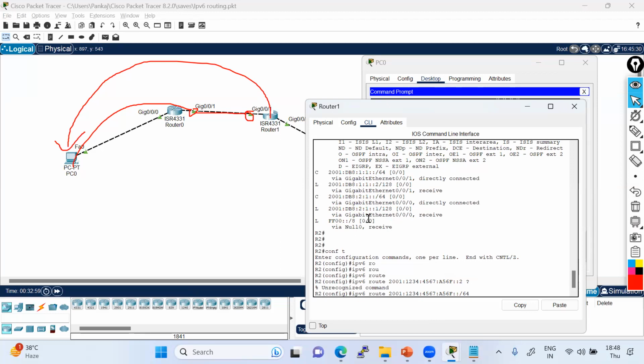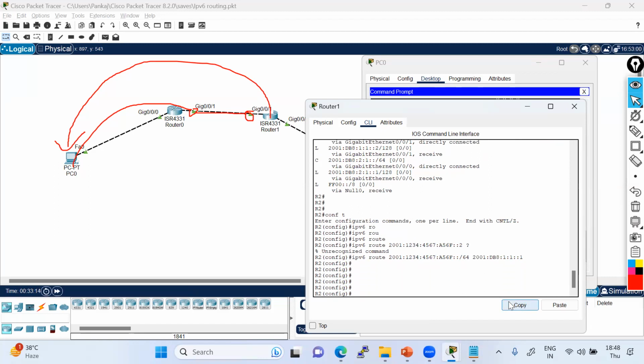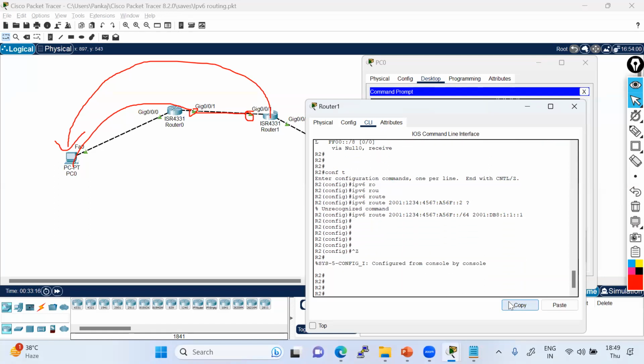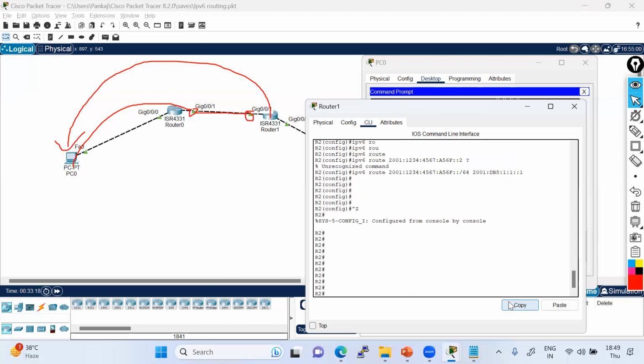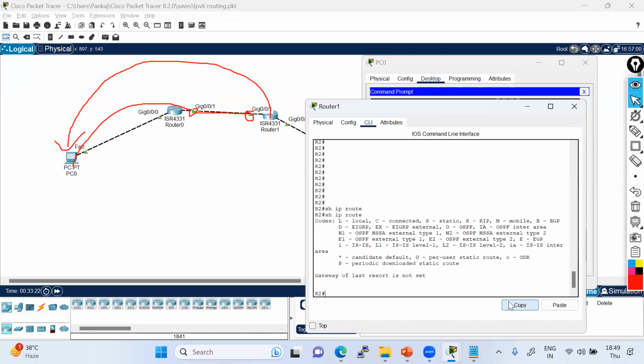And the gateway should be dot 1. Okay, I'm just suspecting this is not supporting IPv6 routing, else the logic is correct.